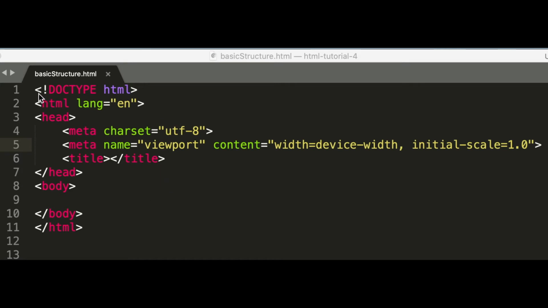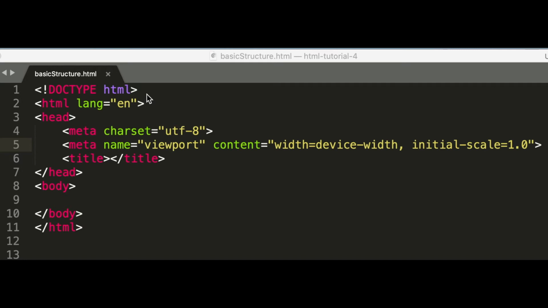It is written like this, with an opening angle bracket, an exclamation mark, then the word doc type, which you can also write in lowercase if you wish, and then you write the version of HTML you are using, followed by a closing angle bracket. And a thing to note here, which I also mentioned in my previous video, is that the doctype declaration is not an HTML tag. It is simply an information to the browser about what document to expect. It helps the browsers to display web pages correctly.